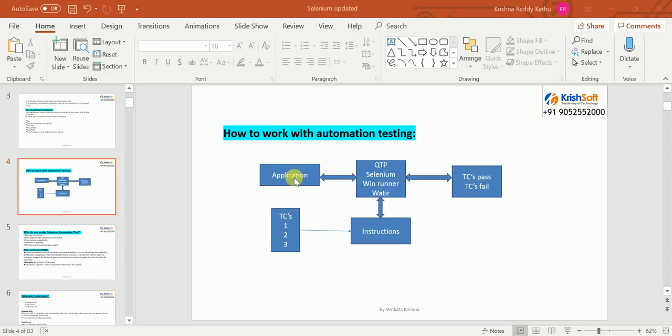Now you are going to get a doubt here. How will the tool understand your application? How will the tool recognize your buttons, text fields, links, drop downs, combo boxes, radio boxes, check boxes? How is it going to identify? That I am going to tell you in the coming videos. But the Selenium tool will identify all your controls. You can perform all your operations by using Selenium. Any operation you can perform, but Selenium supports only web applications. Selenium doesn't support Windows applications. Okay. So this is the architecture of automation testing, how it will work.